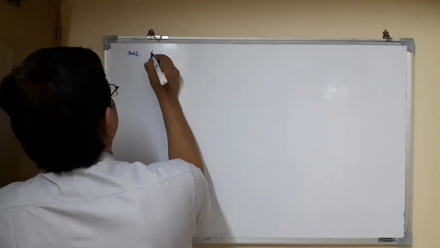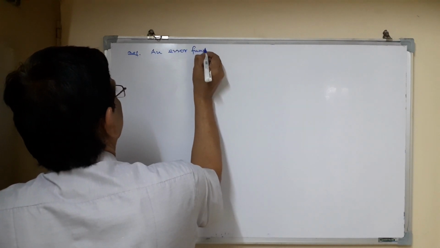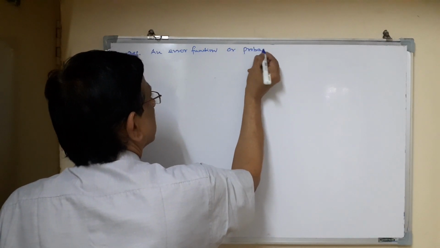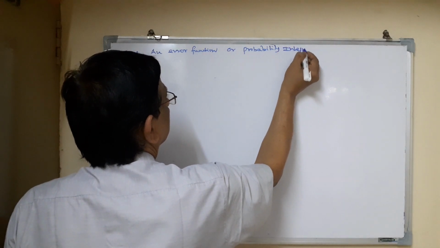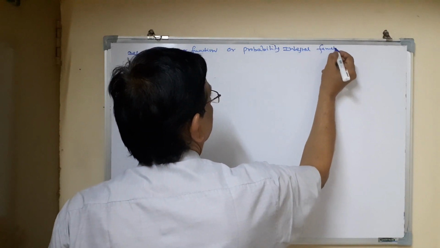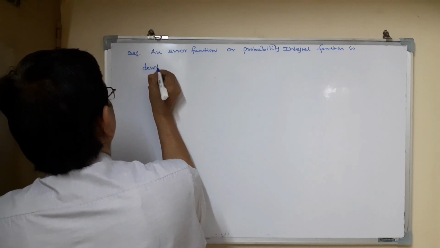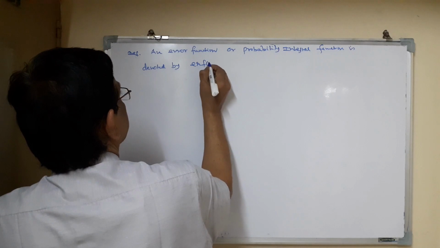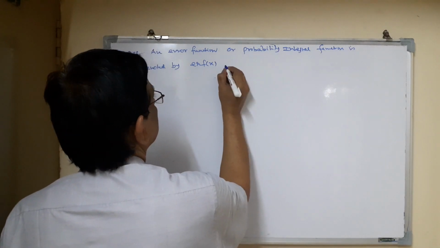Definition of an error function or probability integral function is denoted by erf x, error function of x,